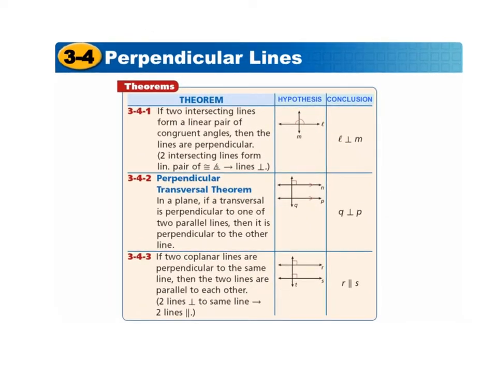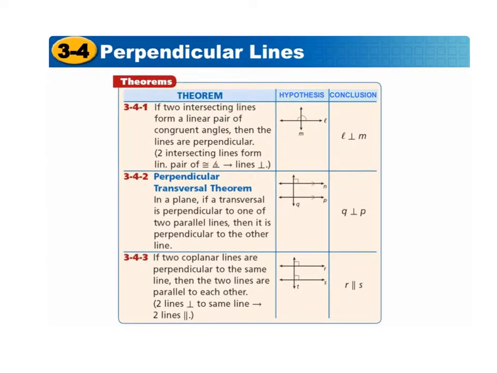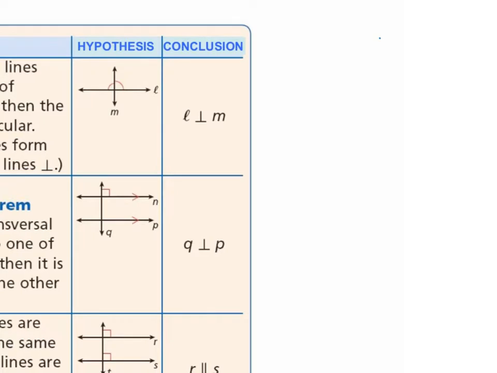So there's 3 theorems that go along with perpendicular lines. The first one: if 2 intersecting lines form a linear pair of congruent angles, then the lines are perpendicular. So if we have 2 intersecting lines, and these 2 angles are congruent, so this linear pair forms 2 congruent angles,